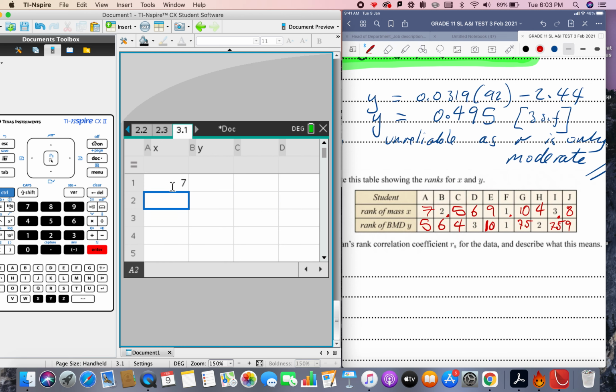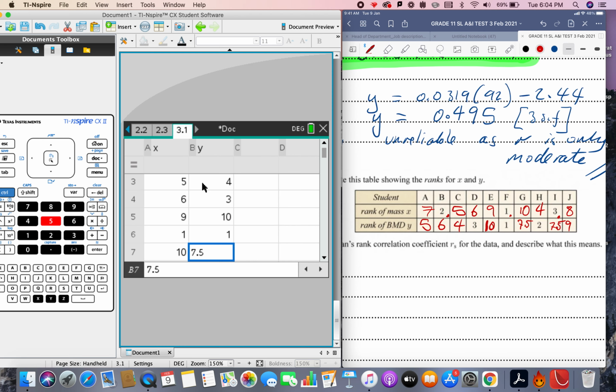7, 2, 5, 6, 9, 1, 10, 4, 3, 8. You notice there's 10 items and I've got a 10 entry here. Now scroll back to the top. And now for the Y values, I've got a 5, and a 6, and a 4, and a 3, and a 10, and a 1, and a 7.5, and a 2, and a 7.5, and